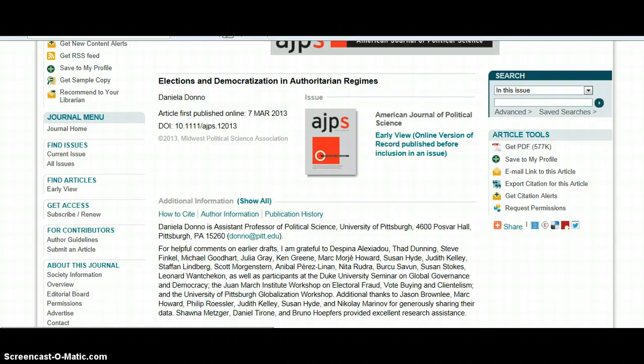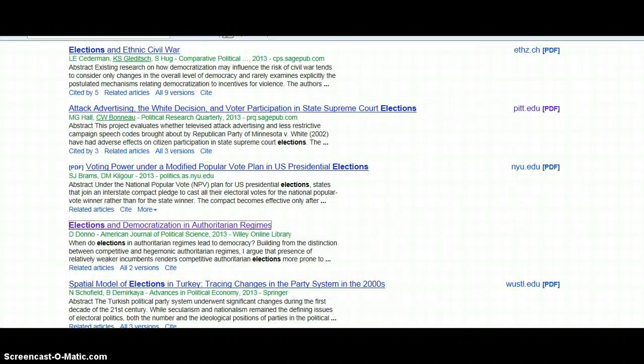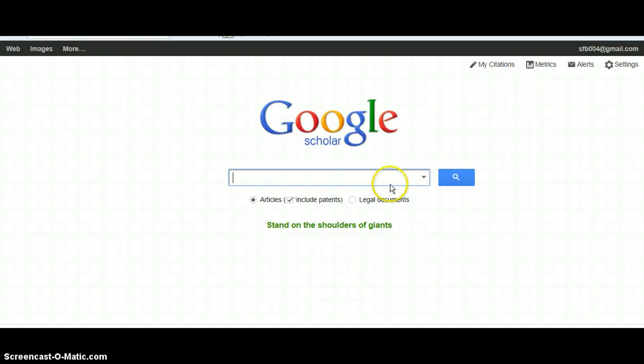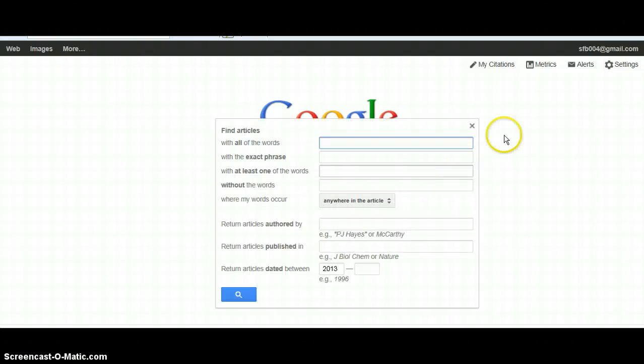Another wonderful feature of Google Scholar is the advanced search. Let's go back to the Google Scholar homepage. So we can click this little down arrow and you see it says advanced Scholar search. So if there's a specific author we might be looking for, or if we already know the article that we want to read about, we know the title of it, we just need the full text, you can type in the title or type in the author